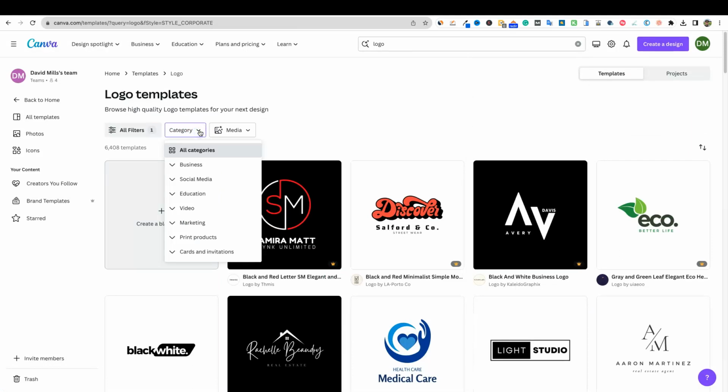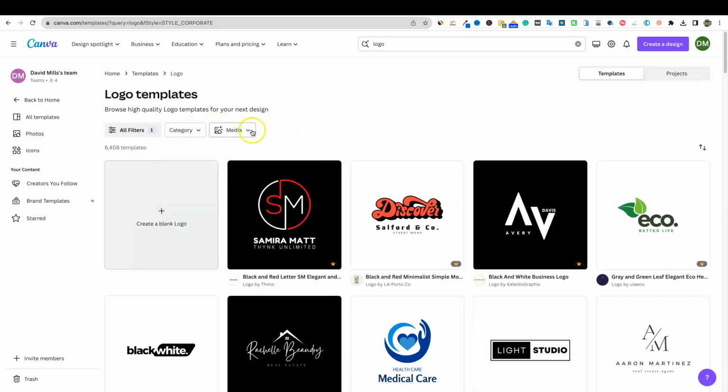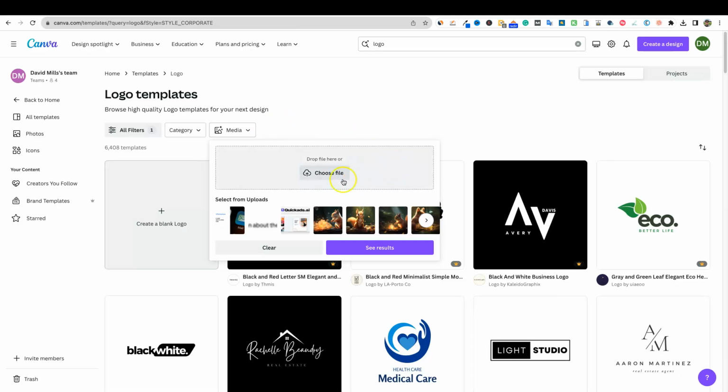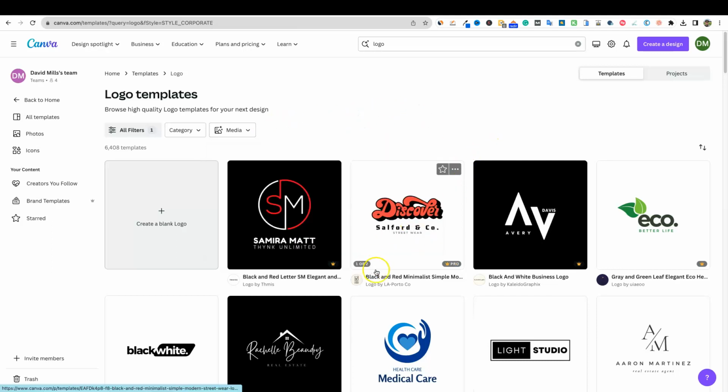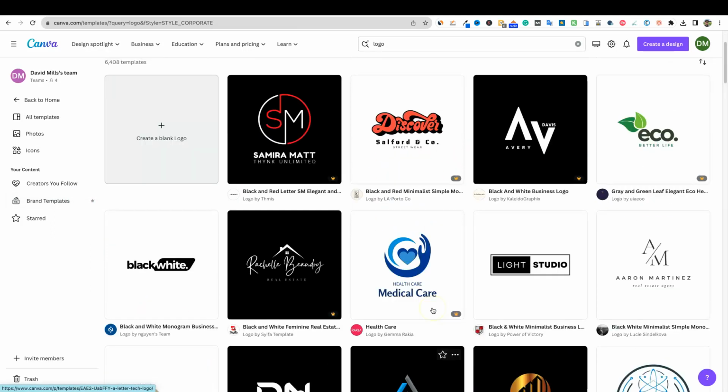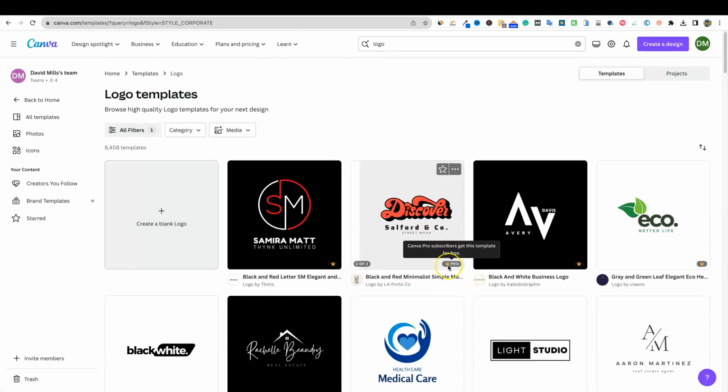And then you can go into category over here as well. So let's say it's corporate, a marketing business, maybe education right over here. You can even go into grade, subject, resource type. I mean, there's a logo for every category and even media and so forth right there. So super cool. Once you find something, if it has this crown next to it, that means